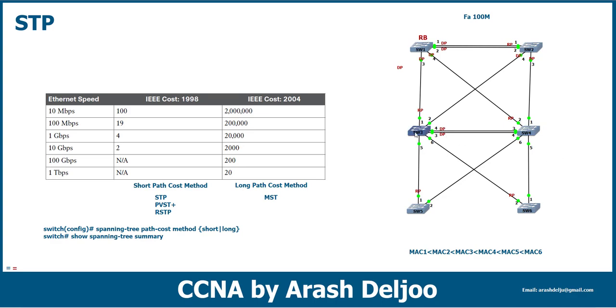After that, in the link between switch 3 and switch 5, because switch 3 has a lower cost to the root bridge, we can say the port of switch 3 is the designated port, and in the link between switch 3 and switch 6 we have the same condition. Also, between switch 4 and switch 6, switch 4 has a lower cost to the root bridge than switch 6. Because of that, we can say port 5 of switch 4 is the designated port, and also in the link between the switch